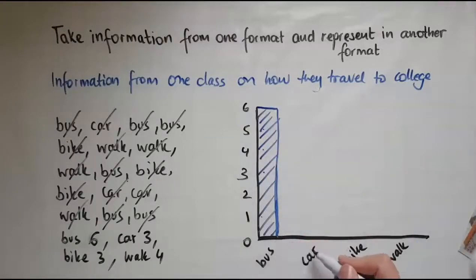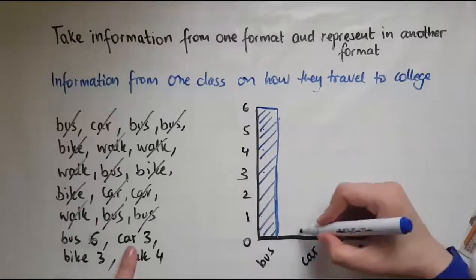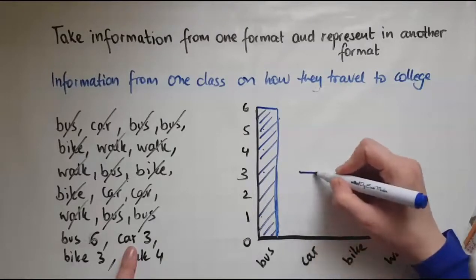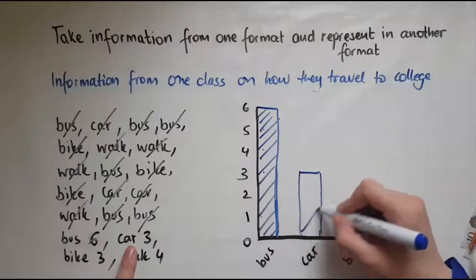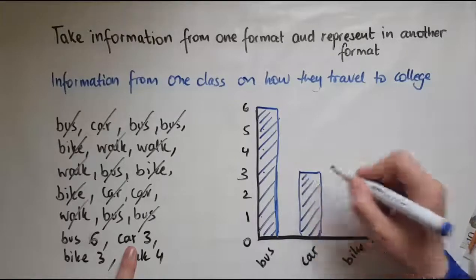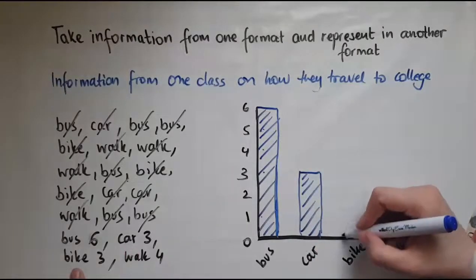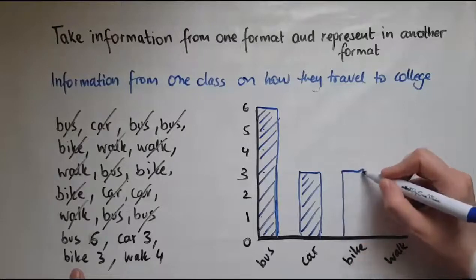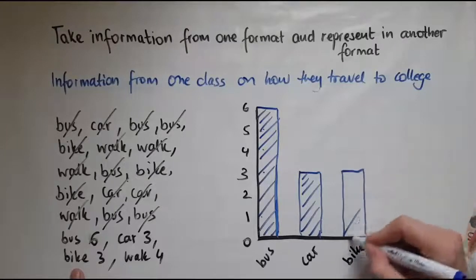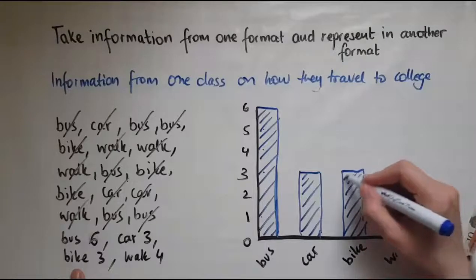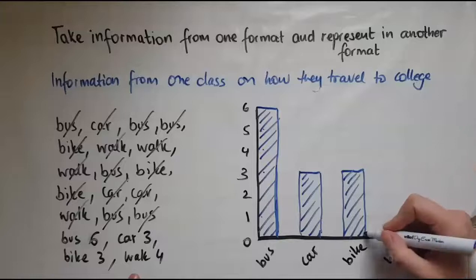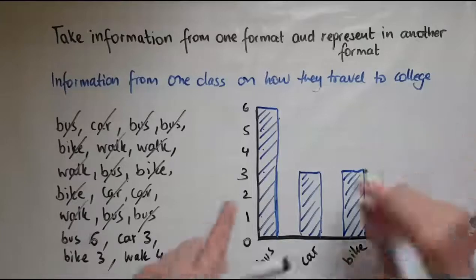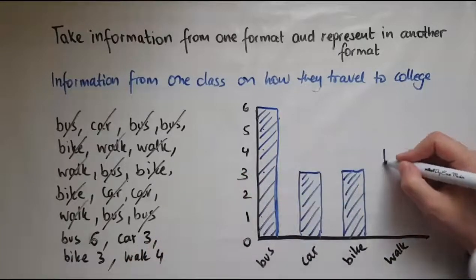Then we have car 3, so 3 people traveled by car. Three ride bike to class or cycle. And we've got walk, there is 4 who walk, so there is 4, there we go,